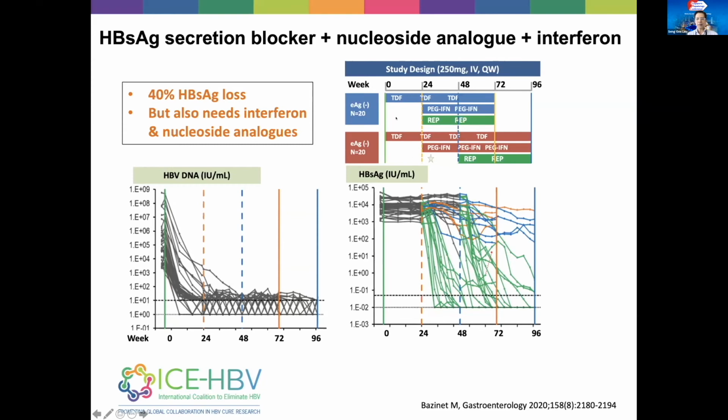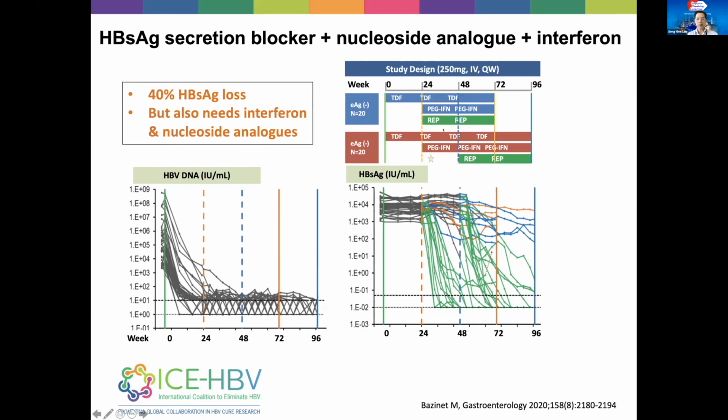And this is a slightly complicated slide, but I just want to highlight here in green, every time you introduce REP. So they use a combination of tenofovir, which is the nucleoside analogue, interferon, and REP, which is the S antigen secretion blocker. So every time they introduce the REP, you can see here in green, there's a dramatic reduction in the S antigen levels in